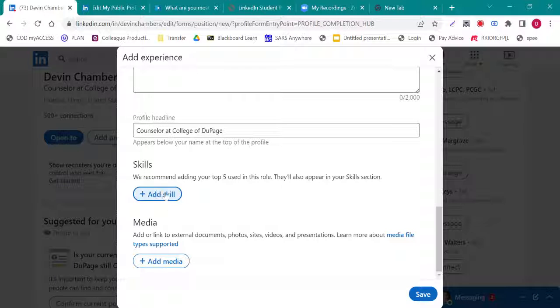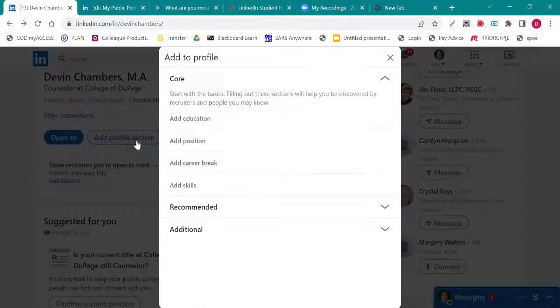Now you can add skills from here. This is going to be the transferable skills we talked about previously. So you can add up to 5 top skills, and then these are going to show later in a skills section. So I'd recommend that. I'm going to discard this. Cool. You guys are not going to do career break unless you maybe had a big career break, but you can also add skills this way. So through position, if you have other skills that were not obtained in a job, you can add those there as well.